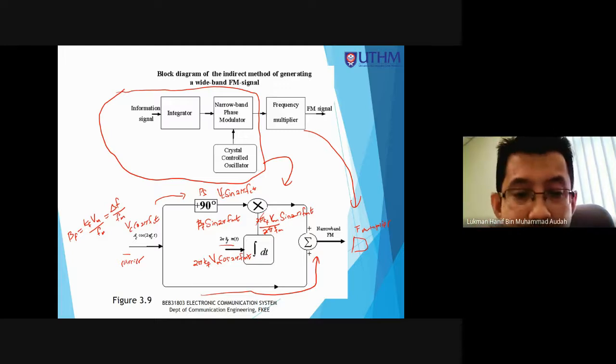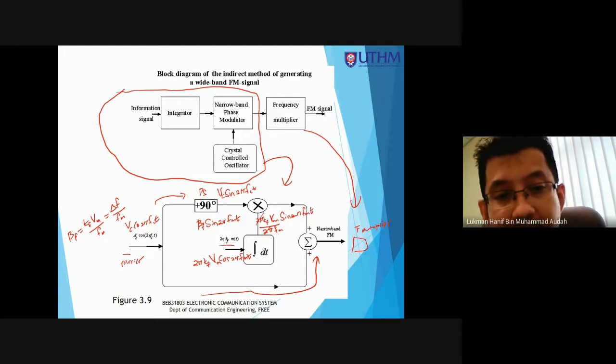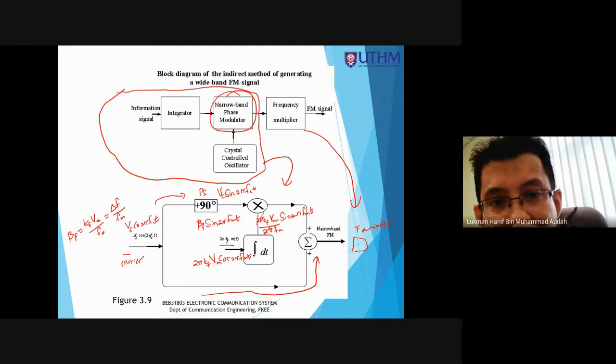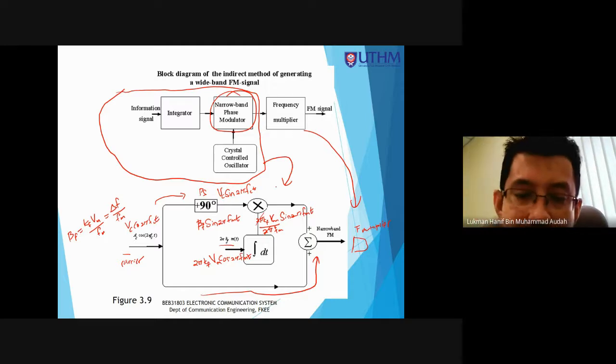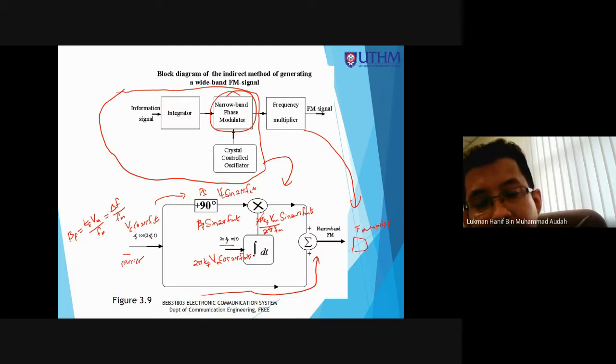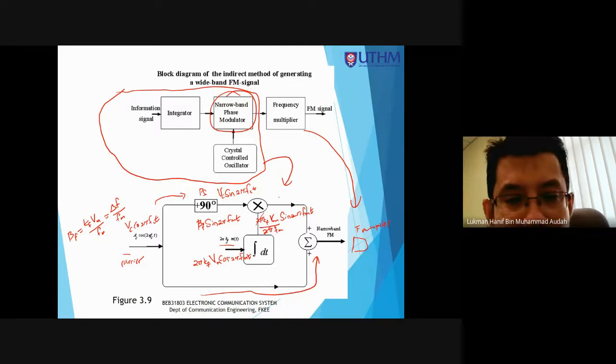Okay. So untuk memudahkan saya akan buat dia beta f sin 2 pi fMt. And then we put inside this narrowband phase modulator. So ini simbol ni dia adalah narrowband phase modulator. Kalau dilihat picture yang atas ini adalah narrowband phase modulator, and you see that the symbol here is X. That means the process happens here is multiplications, okay, mathematically. Secara matematiknya dia akan buat proses multiplications, okay. That means apa yang berlaku adalah,